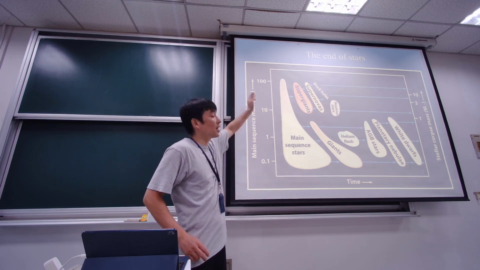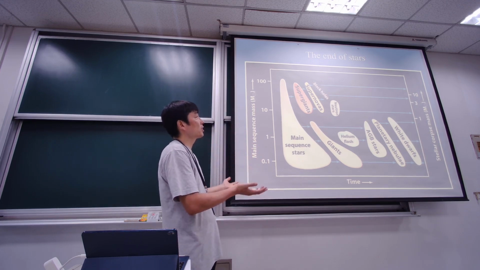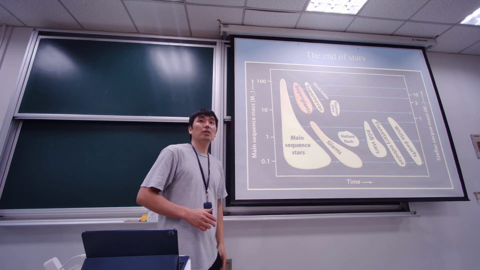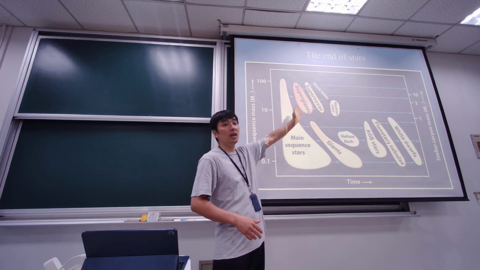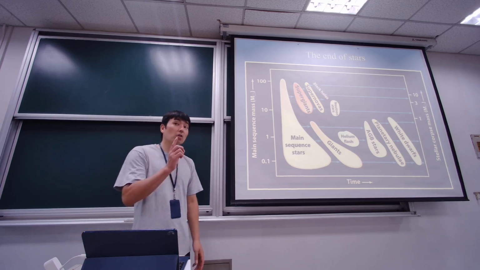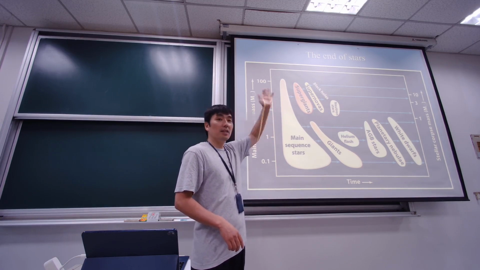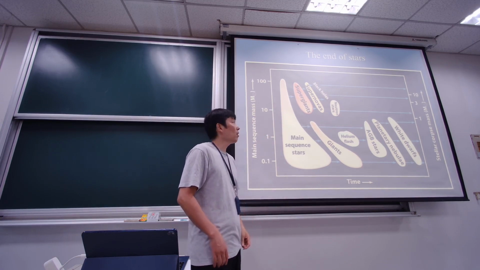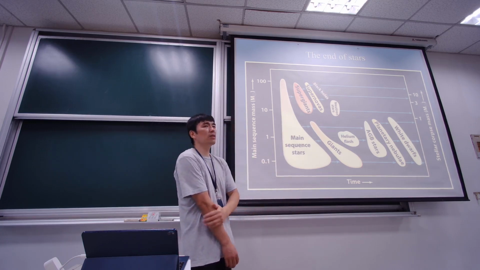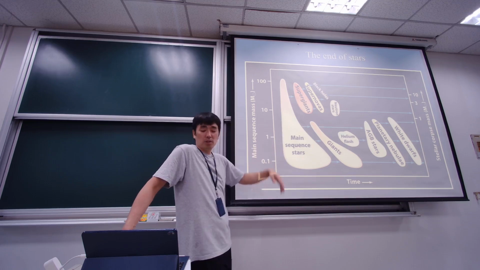And if the mass of the star becomes large enough, it becomes a supergiant. And then again, once gravitational collapse occurs, the star undergoes supernova. It's called type 2 supernova. And then if the star is big enough, it becomes a black hole, and if it is less than 20 solar mass, less than 40 solar mass and so on, it becomes a neutron star.